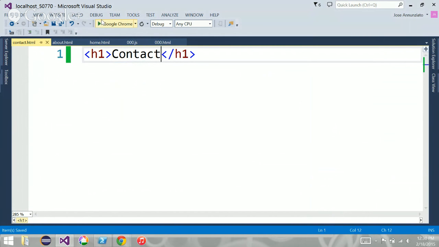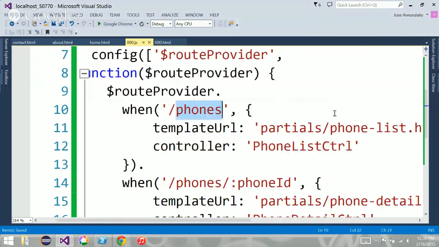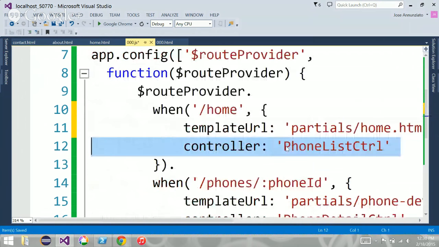So let's go back to our centralized controller. It says, okay, what we're going to do is / meaning if you don't tell me where you are, we could give it names. We could say, if you ask for home, I will give you home.html. And let's not have a controller just yet.